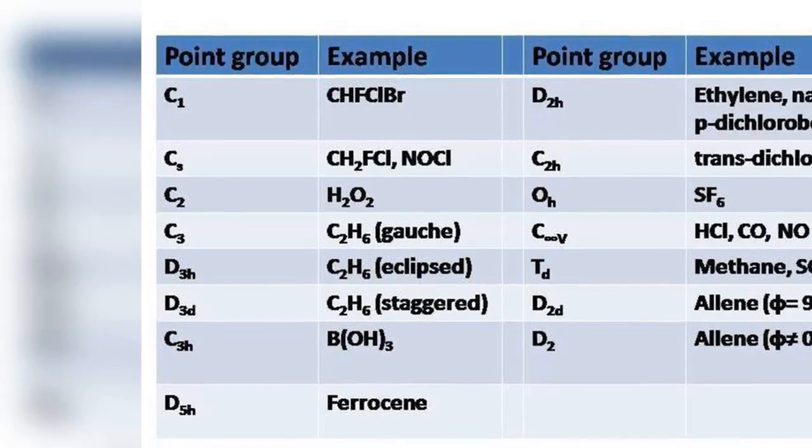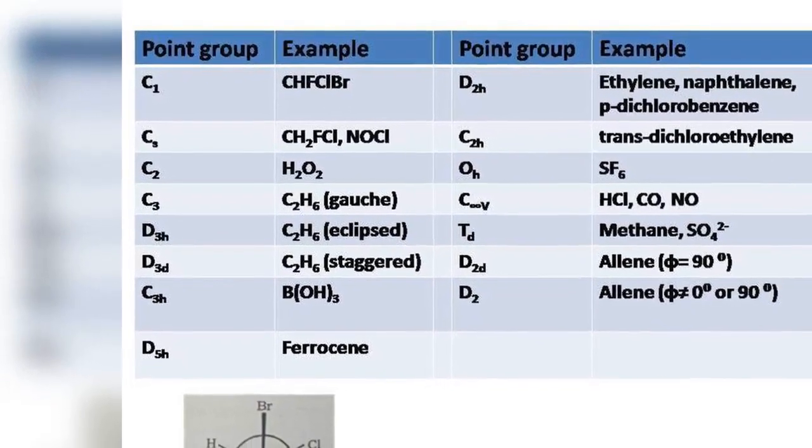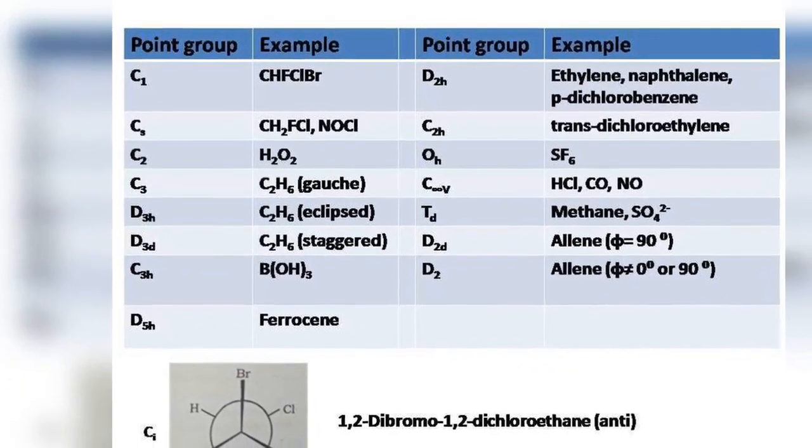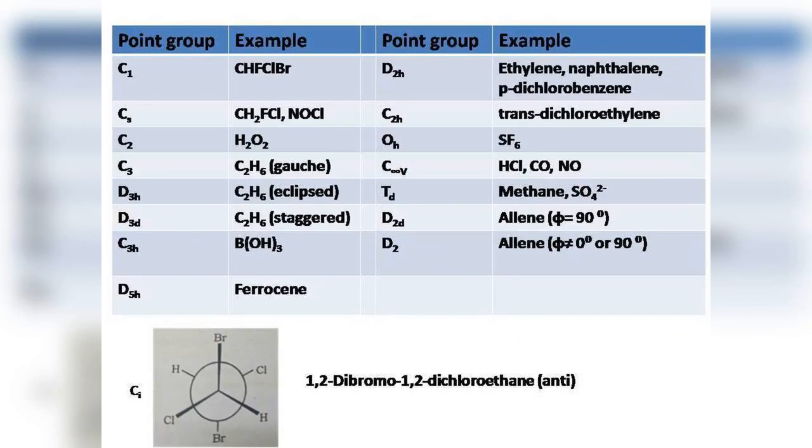In this slide, we will check examples for different point groups. C1 point group, example is CHFClBrl. Cs, CH2FCl, NOCl. C2, H2O2. C3, C2H6 gauche conformation. D3h, C2H6 eclipsed conformation. D3d, C2H6 staggered conformation. C3h, B(OH)3. D5h,